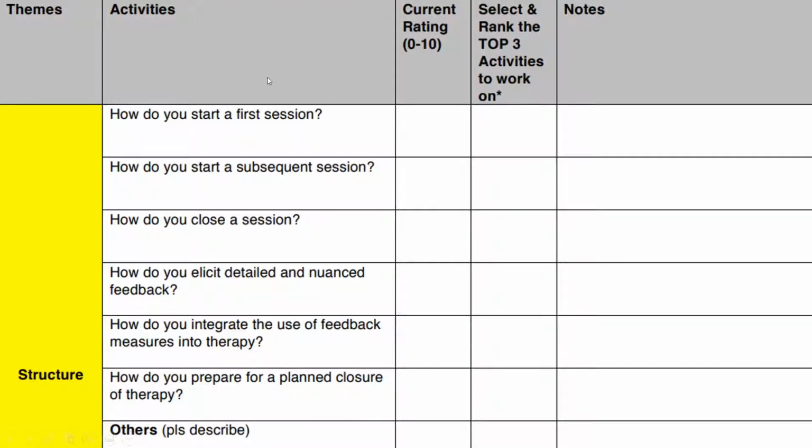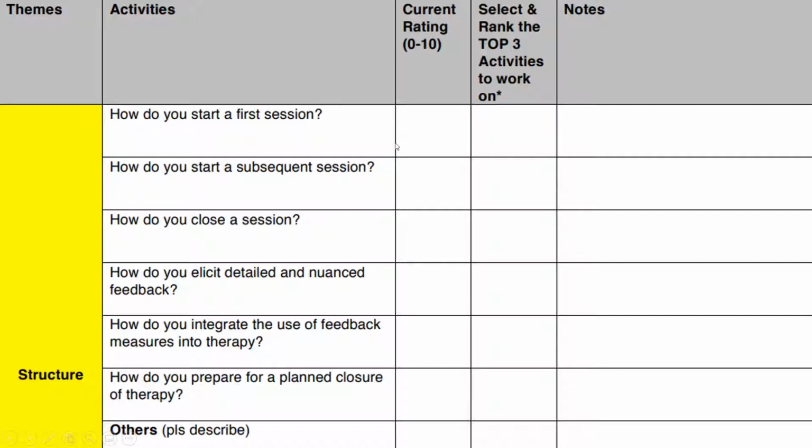This is from a chart, a handout for Taxonomy of Deliberate Practice by Scott Miller and Daryl Chow. This is specifically for supervisors. And they have your rating, again, a scale rating, 0 to 10. How am I doing in these areas, or how is my supervisee doing in these areas? And then ranking activities to work on, and then any notes that might be important when considering these questions,